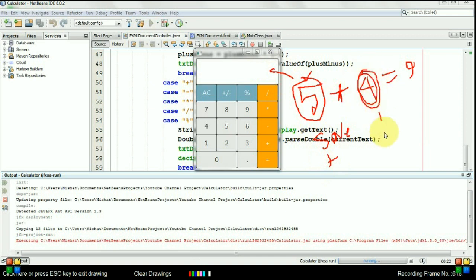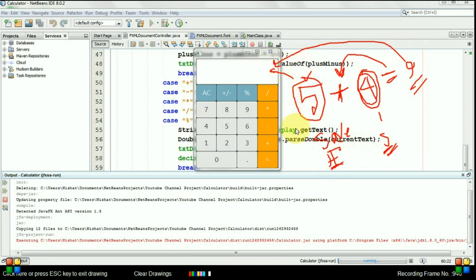This is the second number. This is the first number, this is the second number, and whenever we press the equal operator, it senses the type of operation and operates on the first and second number, generates the result and places it on the screen.